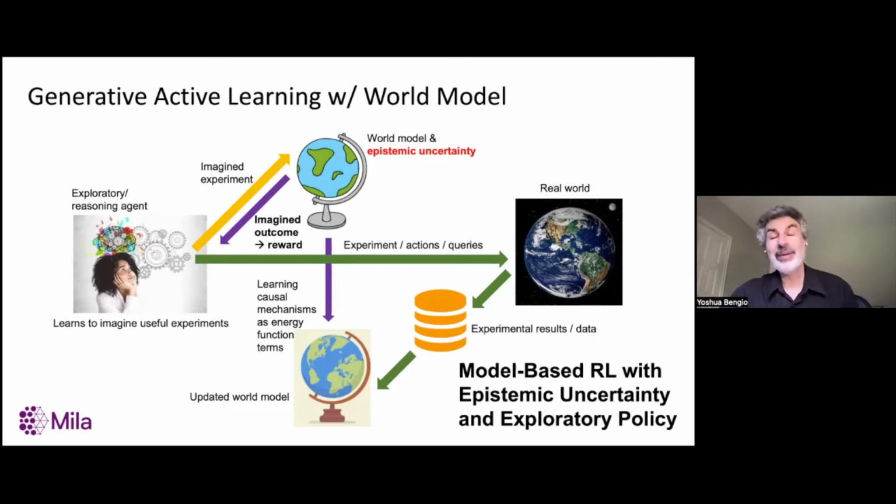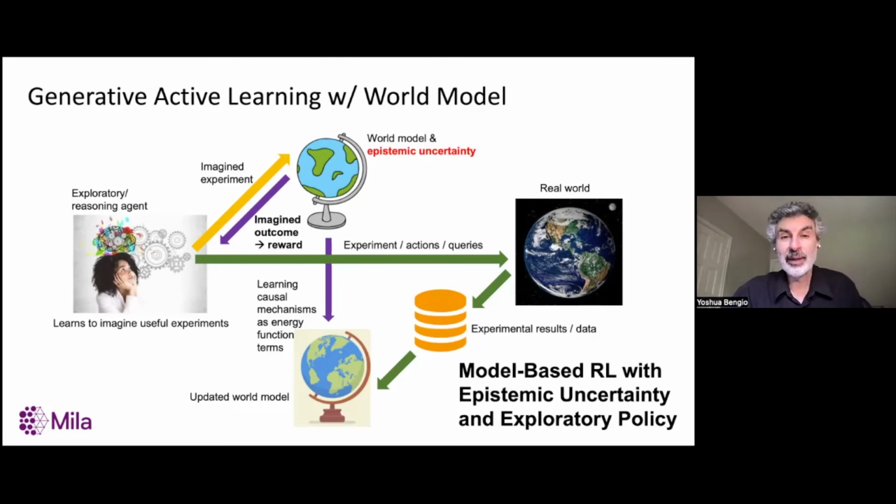Because these may be places where we can learn more. And there are many ways you can combine them. And I'll say a few words at the end about what I think is the right way. But so we can extract a kind of reward function from the world model that says, if we were to do a particular experiment, how useful would that be from the point of view of finding maybe a better molecule or a better answer to the questions we care about,